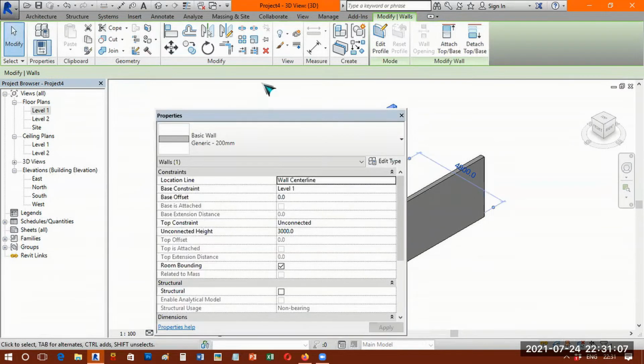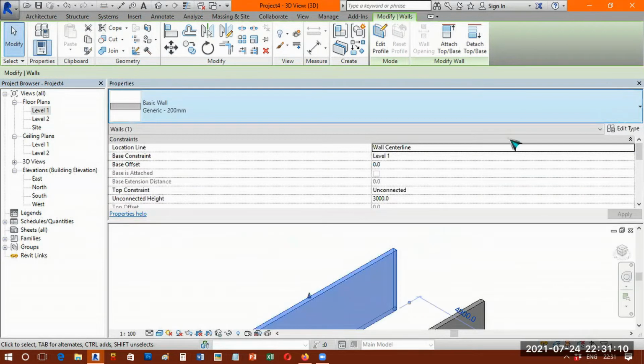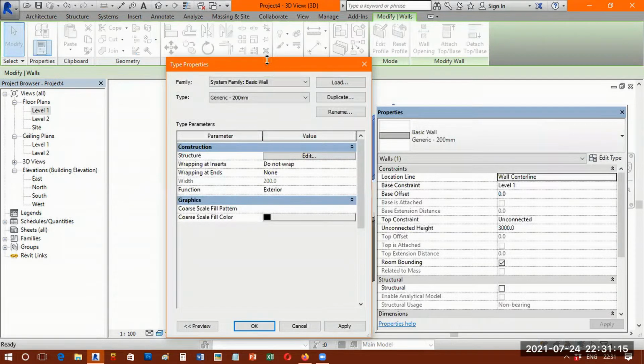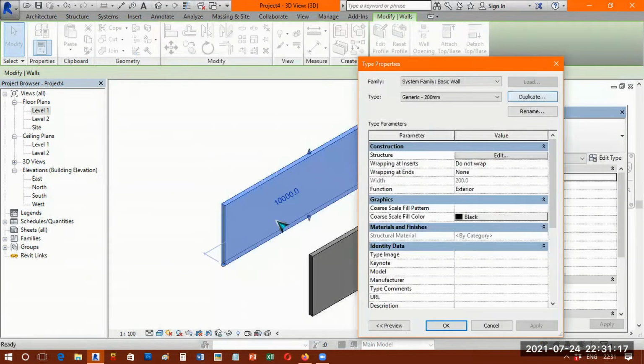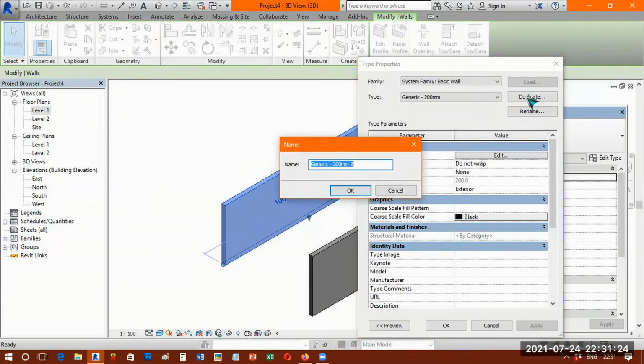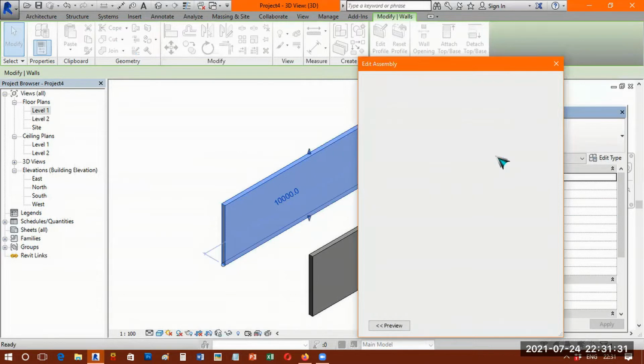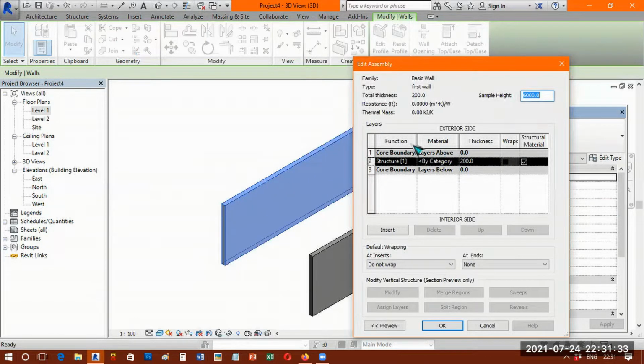Done. In this, I go to Edit Type. In this dialog box, again I wish to say Duplicate because I'm going to apply brick only for this, not for both walls. Only one wall brick application. So I say Duplicate. I say first wall. I say okay. Then Structure, I say Edit. In this you can see there's a thickness. You can set thickness, it is right now 200. Let it be 100. So you understood how to set thickness now.